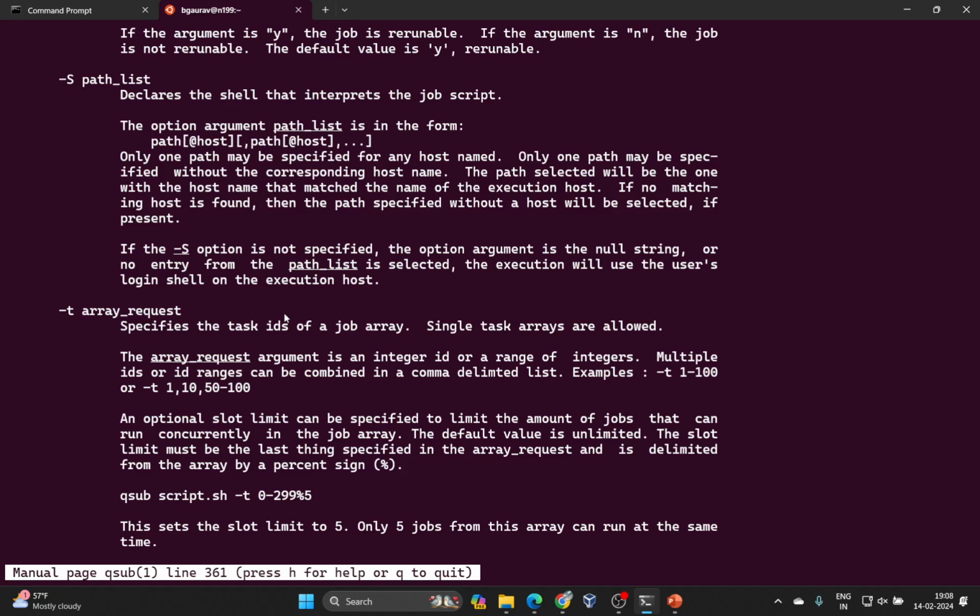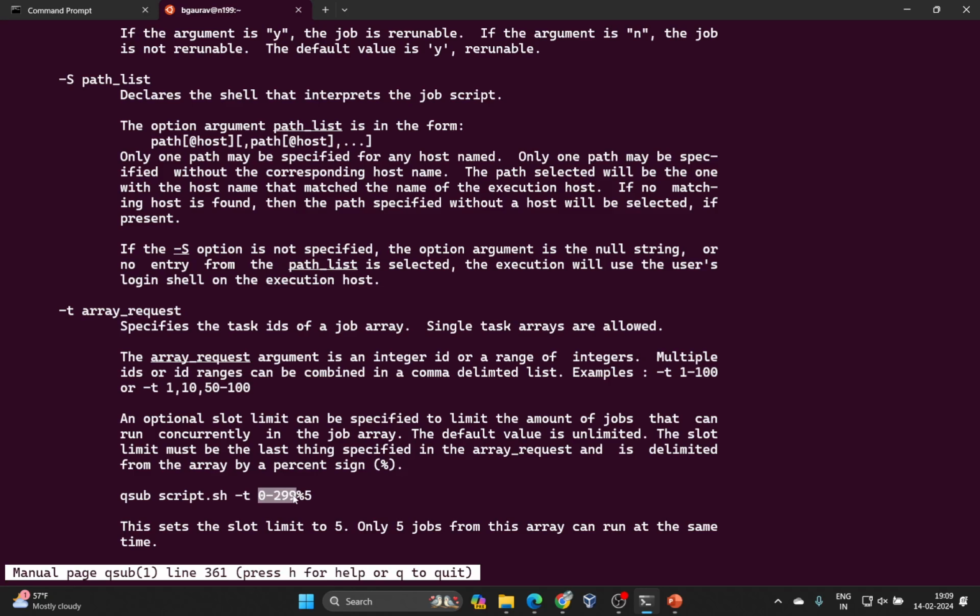So rather than submitting 58 jobs manually, which is again a lot of waste of time, you can set an array request. This array request will automatically generate those 58 jobs as an array of jobs, and then it will get sent and executed as 58 different jobs would. So with the array you can say qsub followed by the script name, followed by a -t option, and then the range of numbers you want. So from